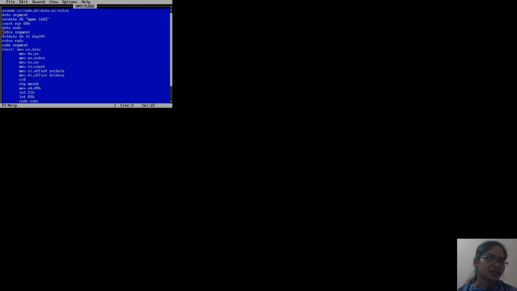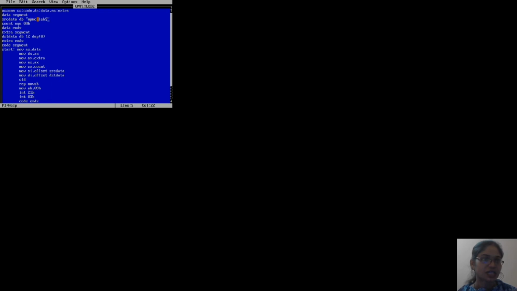Now the next is the extra segment. To initialize the extra segment, I am using destination data to define the offset of destination data, and this DB again indicates define byte, and this 12 indicates the duplicate of this data, this string.